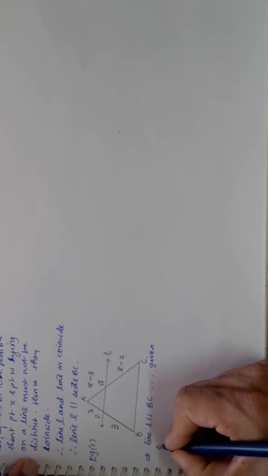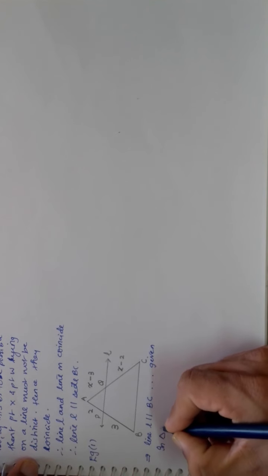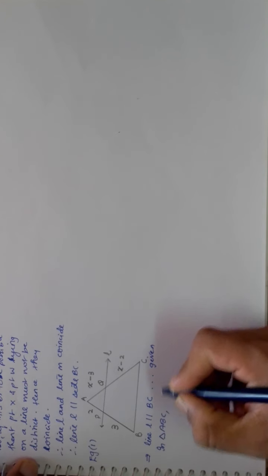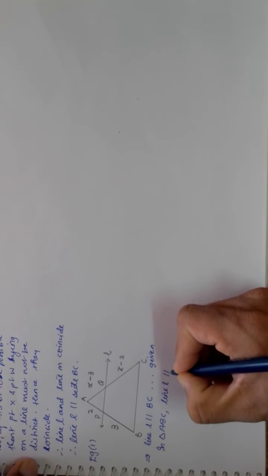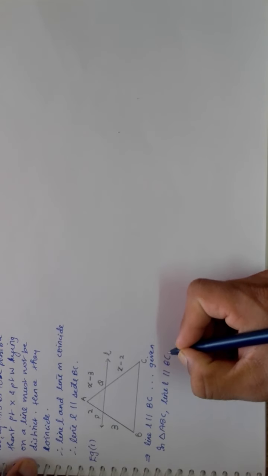Then according to the basic proportionality theorem, if there is any line intersecting two sides of the triangle and parallel to the third side, then it divides the two sides in proportion. So I will write here, in this triangle ABC, I see line L is parallel to BC,